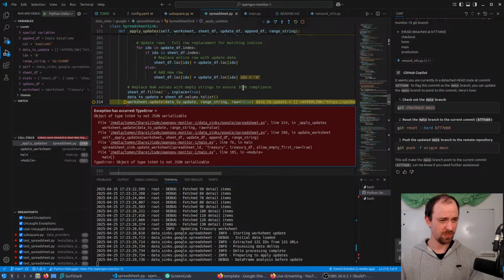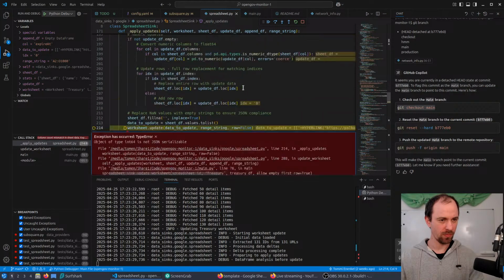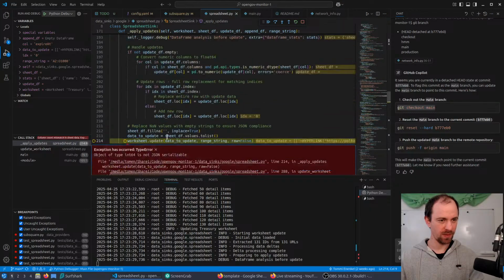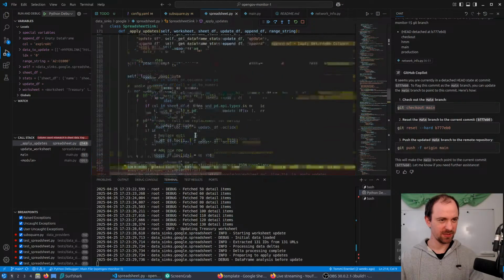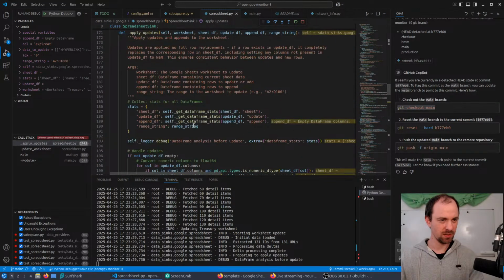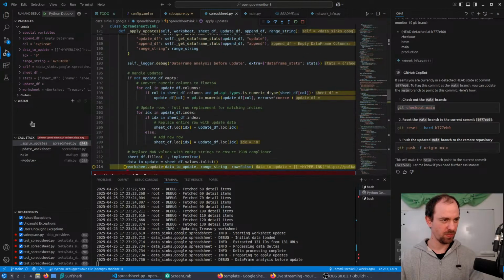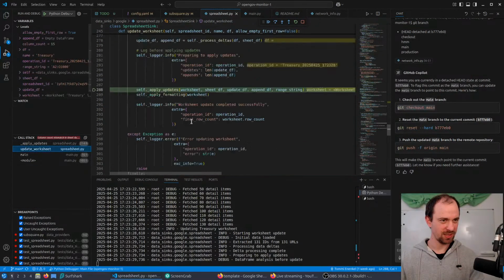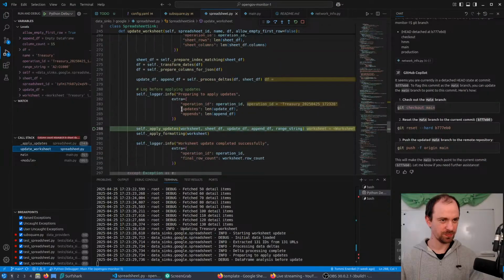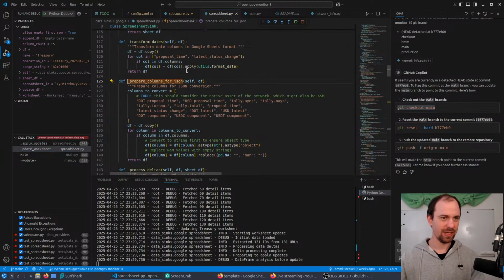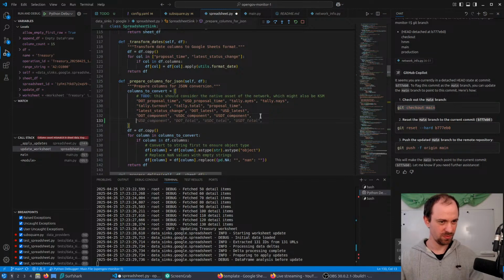Object of type int64 is not JSON serializable. Why? I see. We have code that prepares the serialization and it does not include